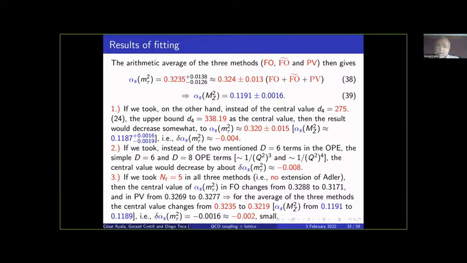This is a difficult question, because I think this renormalon-unmotivated model can be regarded as an educated guess how to go beyond the truncation at 5. No, we use up to 8. But the more terms we take into account, the more, I suppose, theoretical uncertainty we will get. On the other hand, also, if we include more terms of higher dimension in the OPE, in general, what may happen